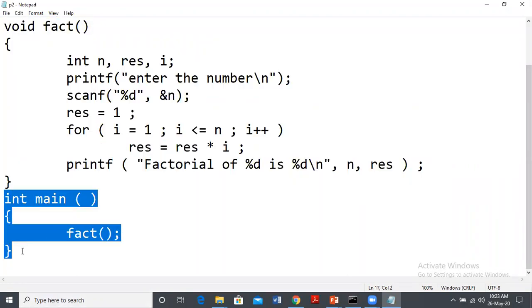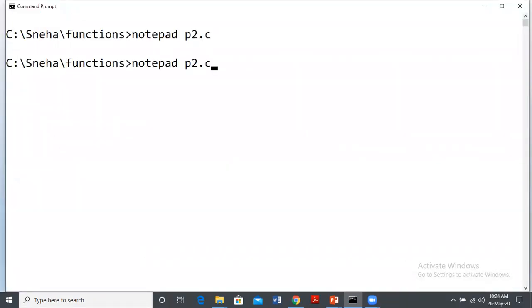So this is without parameter and without return value. Let's execute this. So here we will first compile. So GCC, this is the command for compiling the program. P2.c, P2 is the name of the program, .c is the extension for any C program.